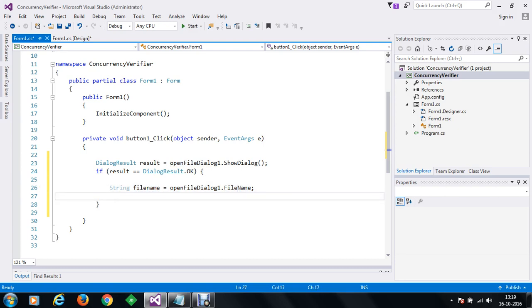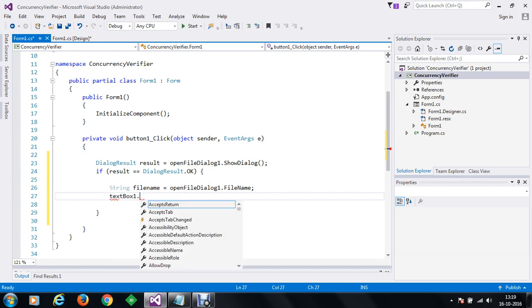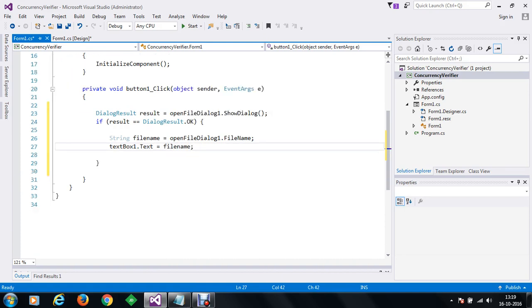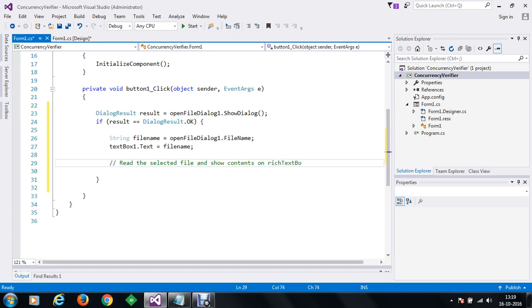Once we have got the file name, we are going to display it in textBox1.Text, and set that as the file name. Once the file name has been set on the text box, we are going to read the selected file and show its contents on our richTextBox1.